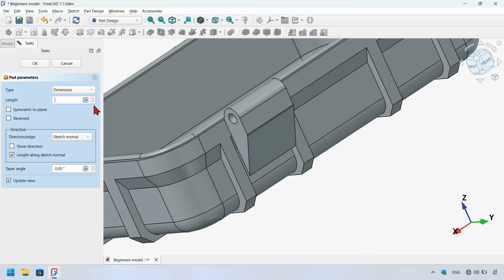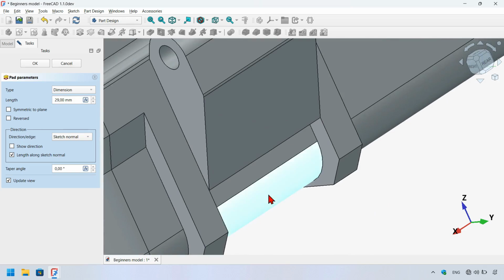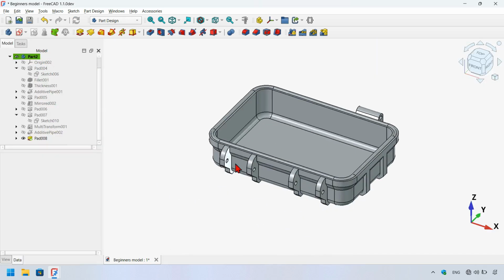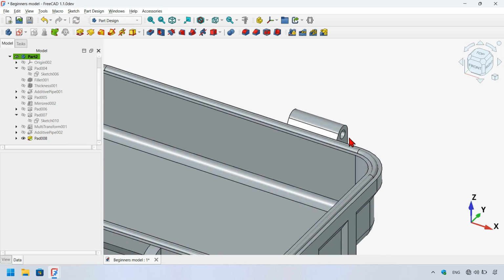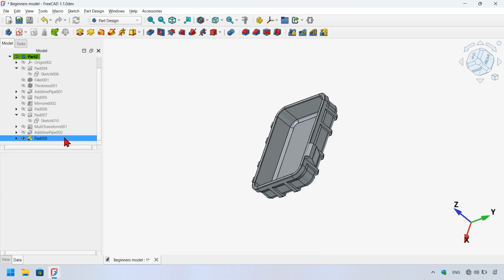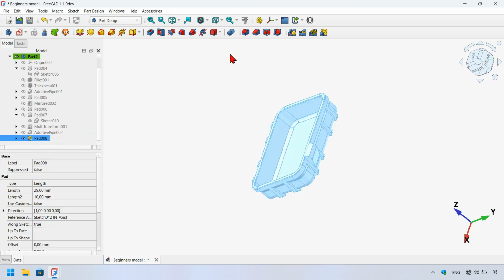If I change here to 28.999, as you can see, I have this. And I think it's okay here. So I will press OK here to finish the operation, and now I will mirror this shape on this side here. To do that, I select the pad,